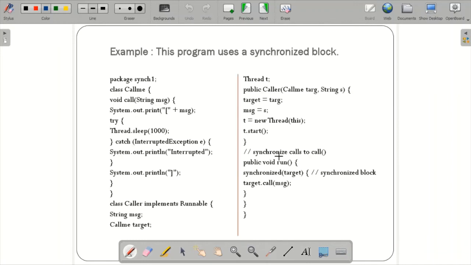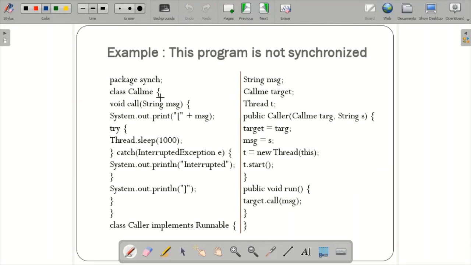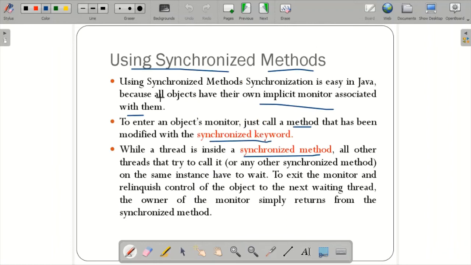Here I have used the synchronized call. See, I've used synchronized. Other than that, I can use synchronized here also. I'll tell you how. If I use synchronized void call, what it will do is make your entire block finish its execution while keeping all other threads paused.